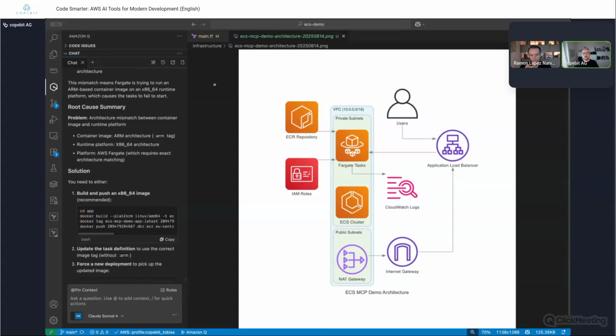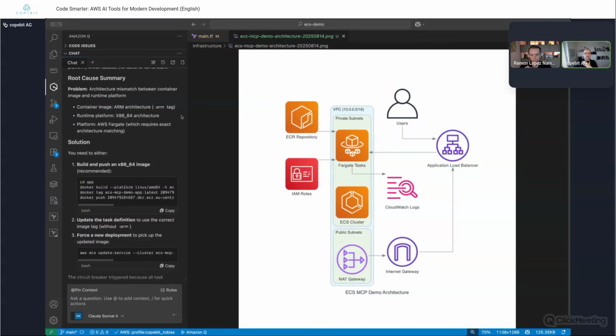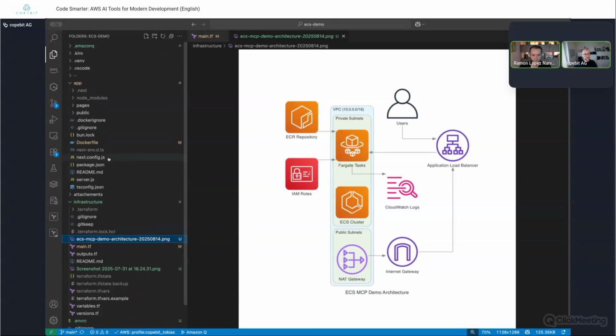The last thing I just want to mention, of course, this is a more simple error, but one thing I think is really cool and helped me when creating this demo is that when you have a code base like this, and you have your JavaScript code, your Docker file, and something is failing on ECS, then